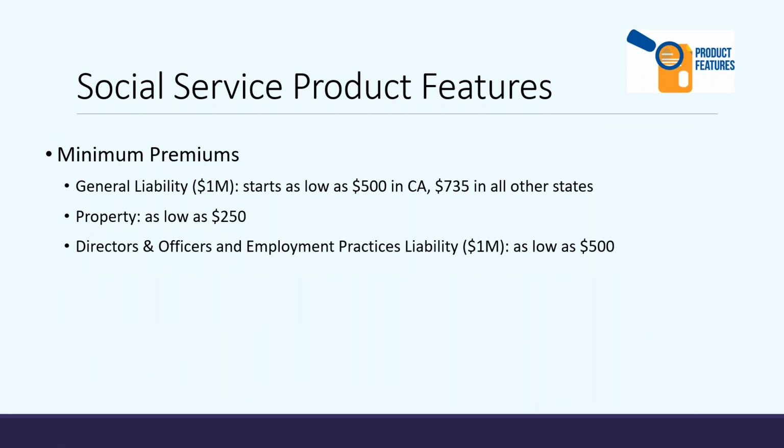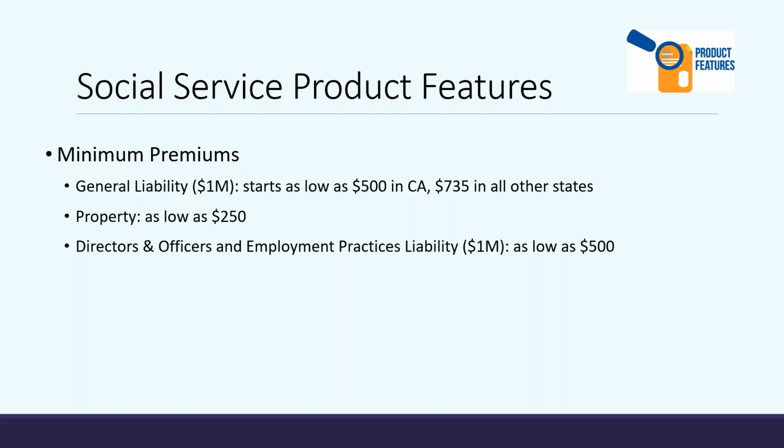As far as what pricing looks like, our minimum premium in California, it's kind of a funky way they do it. So if you're adding property and you're adding some other different coverage lines, a lot of times we can actually get that package at $500 or less in California, and these are minimum premiums. And $735 is for the GL coverage specifically. In all other states, if you do have the property or other coverage lines, obviously you're going to add some additional premium.